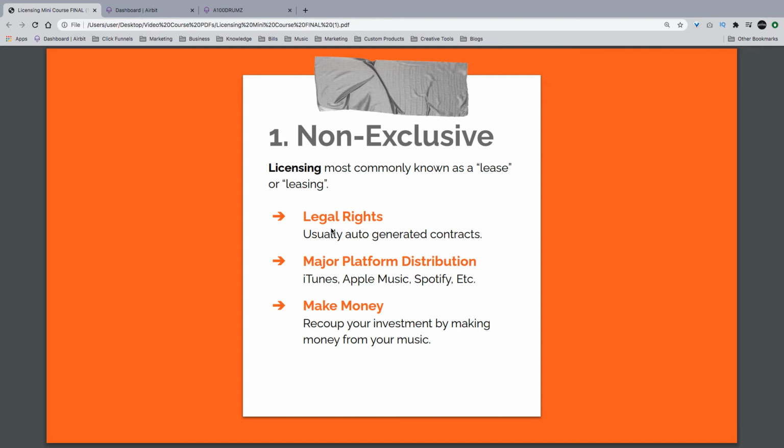You can usually buy a non-exclusive license agreement and release a song on iTunes, Spotify, Apple Music, create a music video for YouTube, and make money from it. There's also all types that are directly available from the producer's beat store. In other words, you don't have to inquire for them, and you can instantly buy a lease from a song from the online store and have access to it immediately.